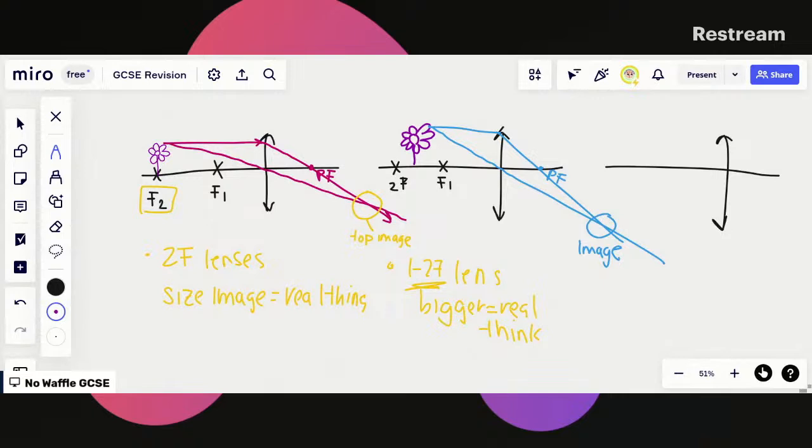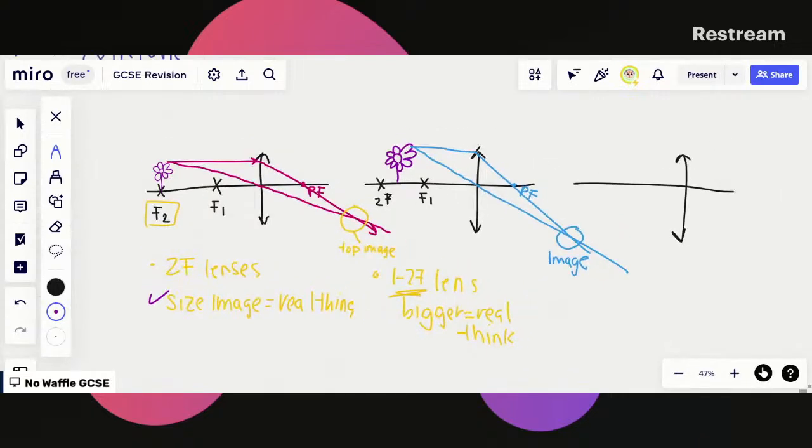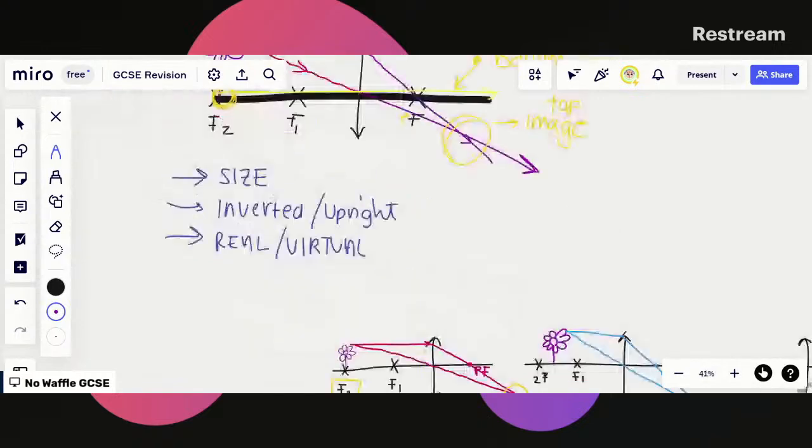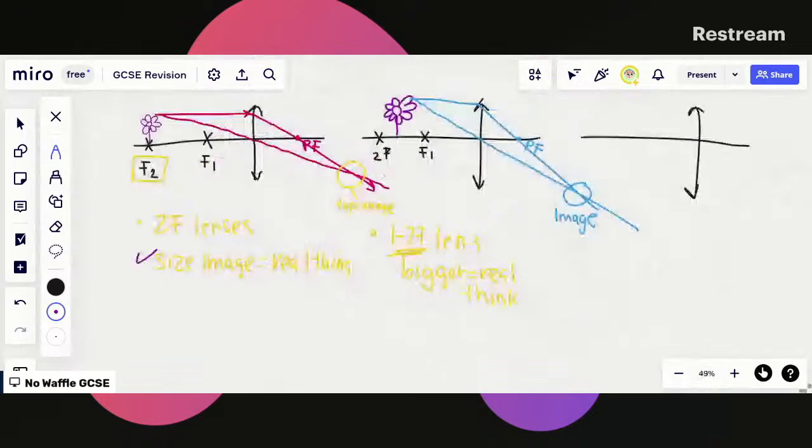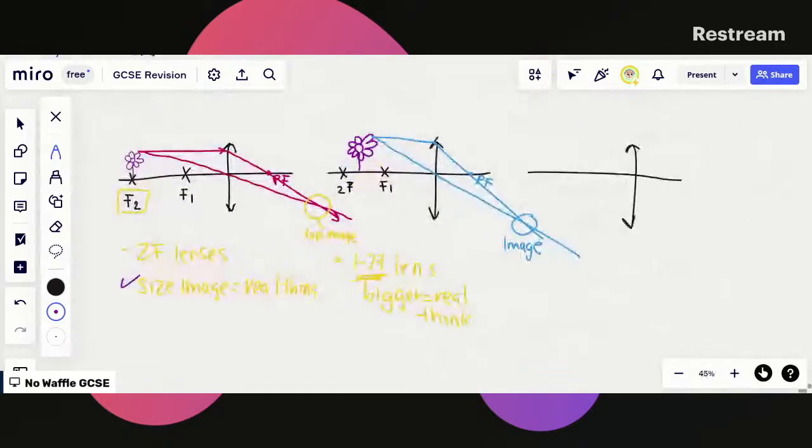Now we need to talk about the other properties. So we've talked about the size, but remember we said that we also need to know, is the image inverted and is it real or virtual? Now, even though the size depends on the focal lengths, something that doesn't depend on the focal lengths is whether it's real or not. Because it's a convex lens, all of these images will be real. But if it was a concave, which we're going to look at after this,